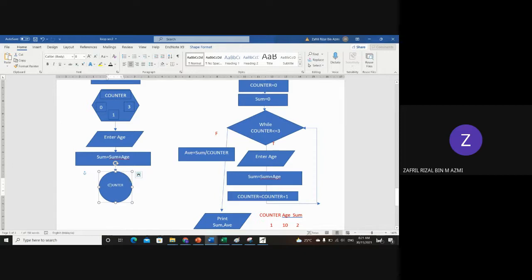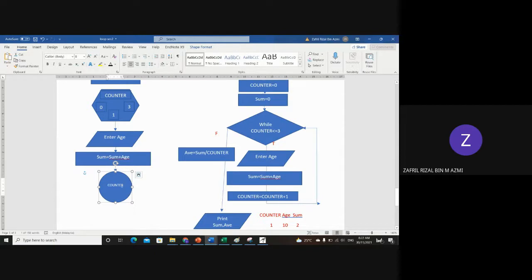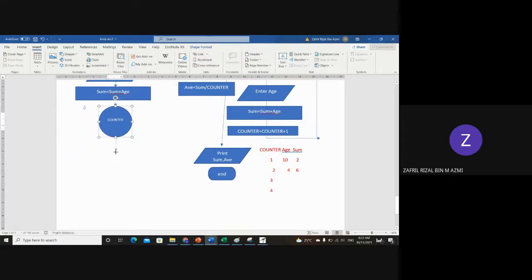Okay, if we read the flow, counter initialization, and then counter decision happen over here. So if the decision is true, it will go here, it will go here, and over here the counter update will happen. Counter equal to counter plus 1 is happening over here. And also over here, if let's say the decision is false,